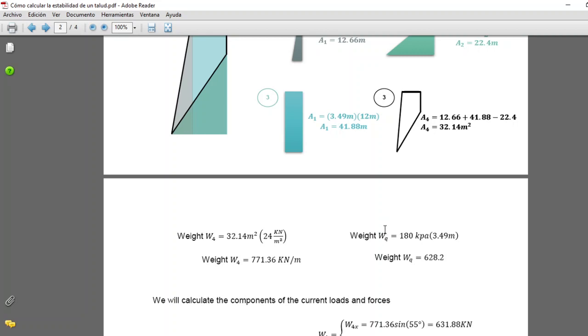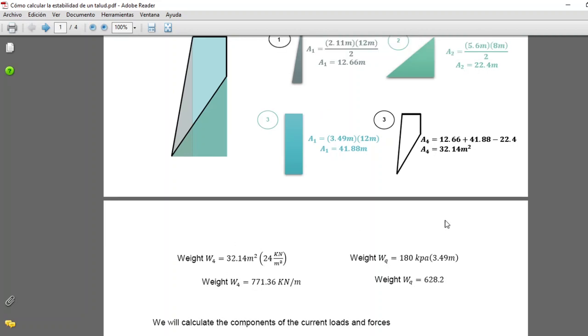I'm sorry, I don't remember well, but we need to multiply the area